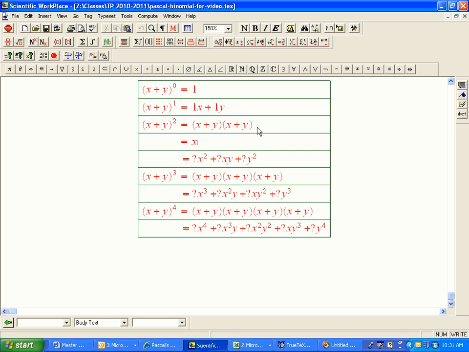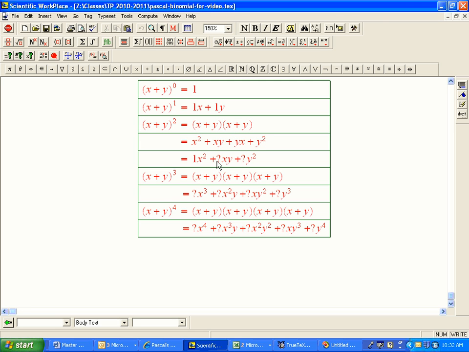Let's just expand it out really formally. x squared plus xy plus yx plus y squared. We're going to get x squared when, in each of the factors, there are four terms that come out of this, because in each factor I can pick either x or y. So there's 2 choices, and I can pick either x or y here, and either x or y here. And this number is going to be how many ways I can do it so that I pick x both times? Well, there's only one way to do that.